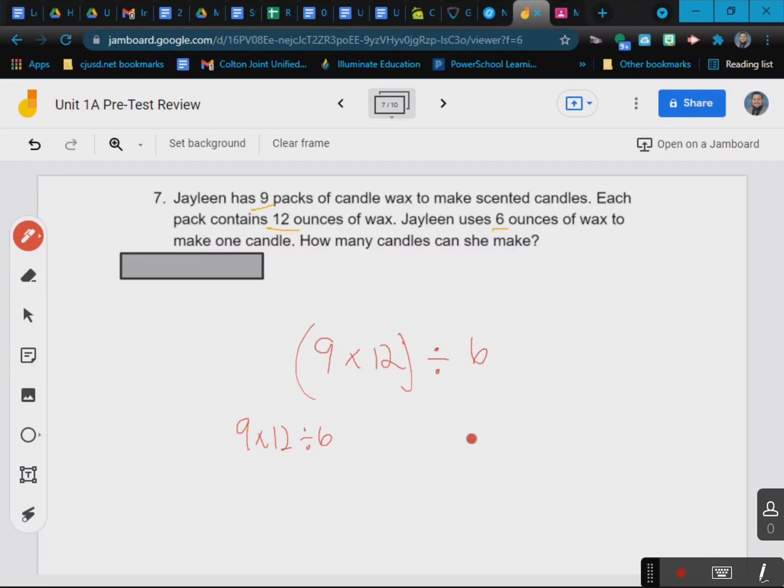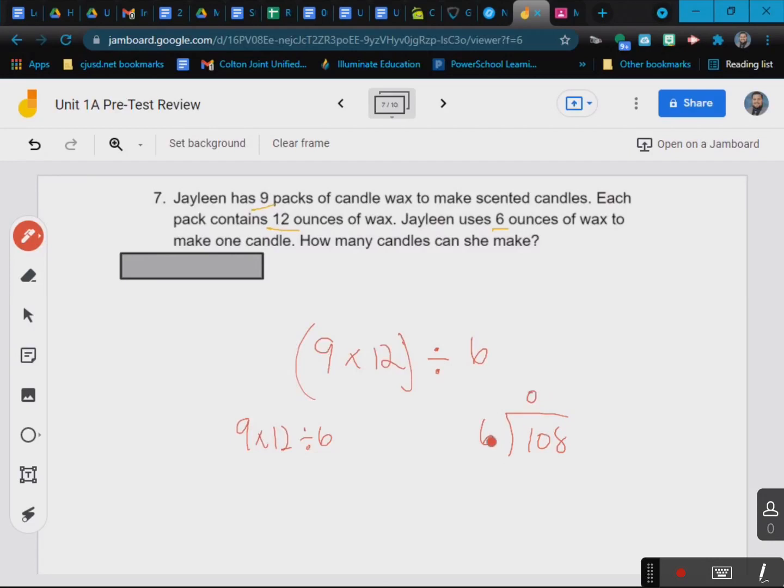And when you do 9 times 12, 9 times 12 is going to be 108, I believe. Wait. Yeah. Because 9 times 10 is 90. Yep, 108. So when you take 108 and you divide it by 6, 6 goes into 1 no time, so